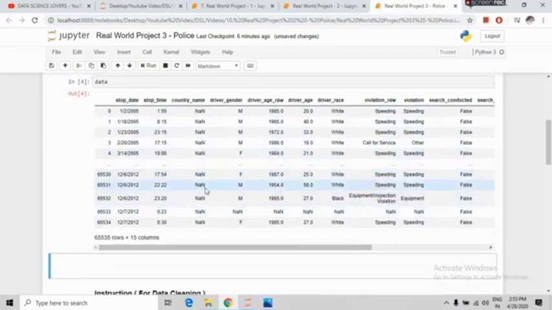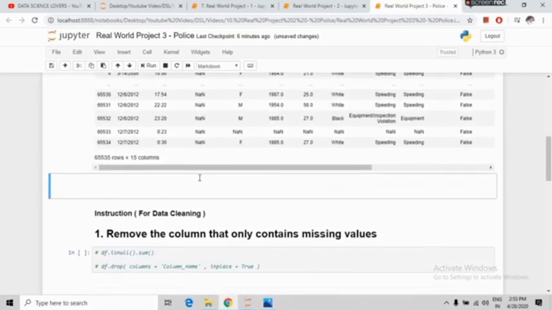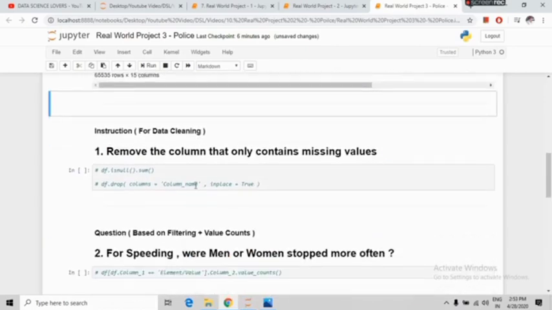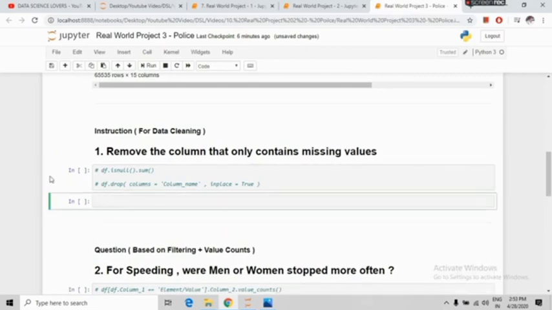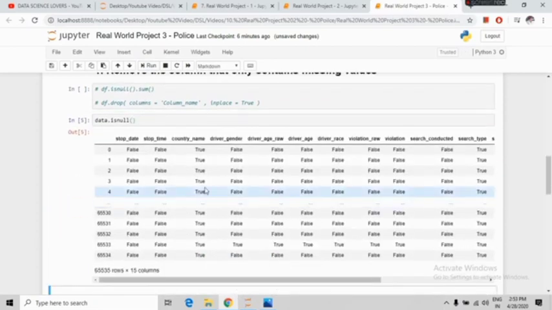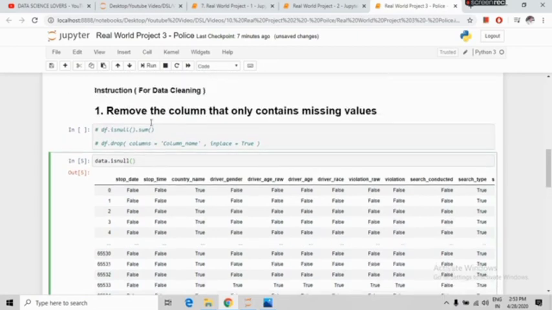NaN means not a number. So we have to remove this column, and first we have to check that it contains all null values. So the syntax that first of all we will use is the isnull function. Friends, if I run this command, then it will show the presence of null values and no null values in our data. True shows that there is a null value and False shows that there is no null value. So in the country name column it is also showing that there is a null value,